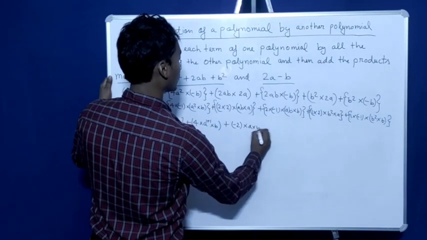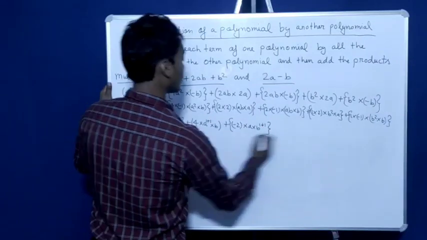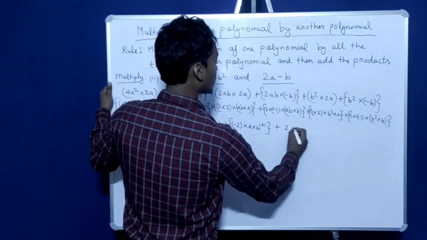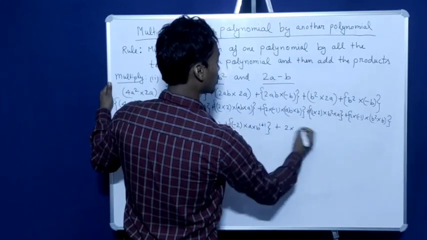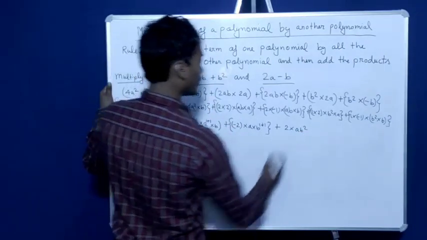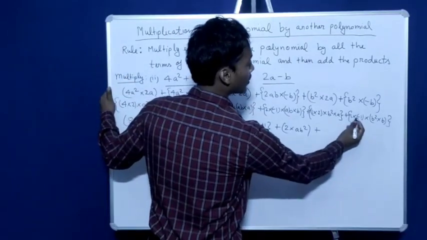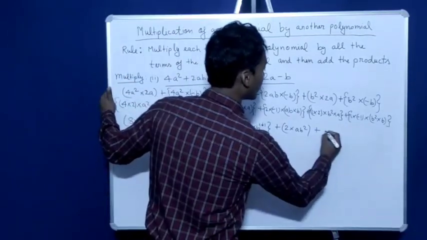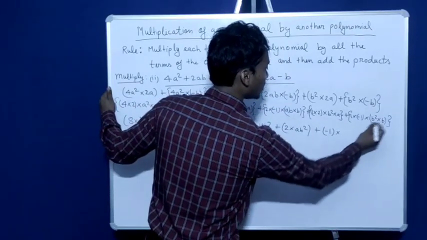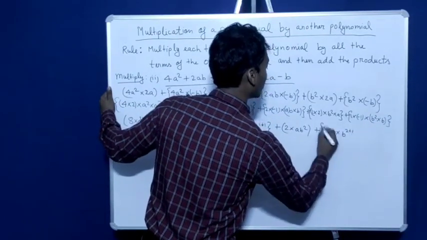So a times b raised to the power 1 plus 1, plus 2 1s are 2, right, times b square into a, that is a b square we can say, then plus 1 times -1, that will give you -1 into b square into b, that is b raised to the power 2 plus 1,